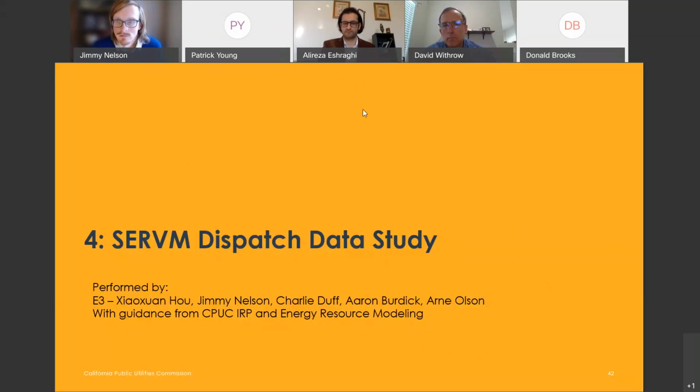And I will likewise add, this is Donald Brooks again. I think that this exercise here didn't specifically focus on the prices and price analysis, but I think there are other places where that could be really useful, and I think it's important to do that analysis. So we're considering and thinking about where we could start to really look at the price shapes produced and see if we can do a little more study of those.